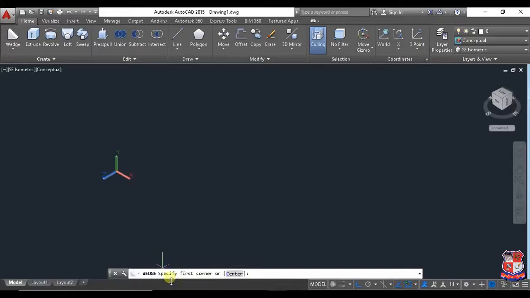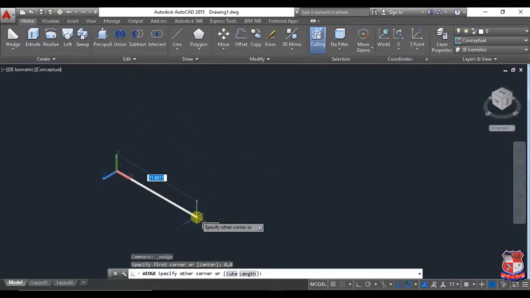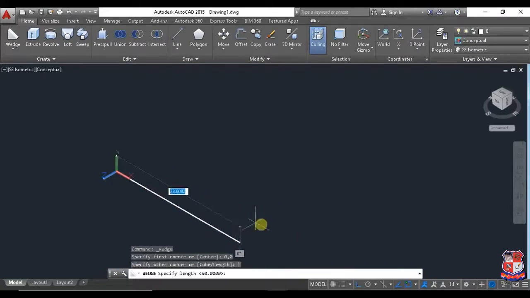AutoCAD will ask to specify the first corner point of the wedge. Instead of specifying the first corner point with the help of the mouse, I will type 0,0, meaning the origin, as the first corner point of the wedge. Then AutoCAD will ask for the other corner point. Instead of specifying the other corner point, I will press L, Enter to specify the length of that wedge. The length will always be in the X direction, so I will give 50 as the length